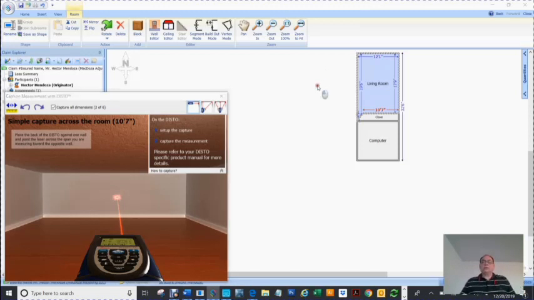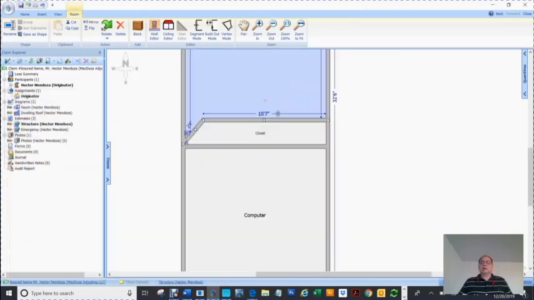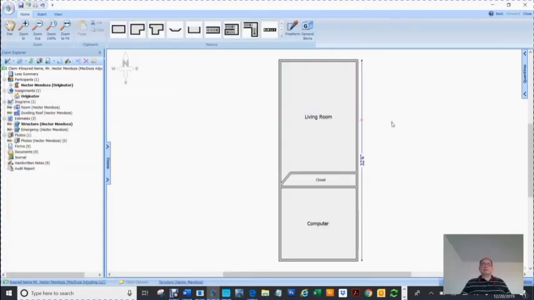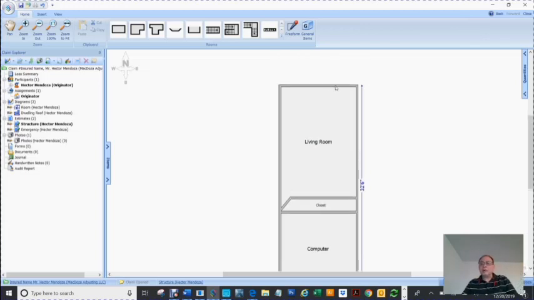So I'm going to hit Control A, fit in window. That way you can see everything that we've drawn. Remember, we're not going to draw windows at this point because that's another class. Okay, and on this angle down here, we have an angled wall. We're going to go ahead and take care of that while we're here. Actually, this part right here, from here to here,